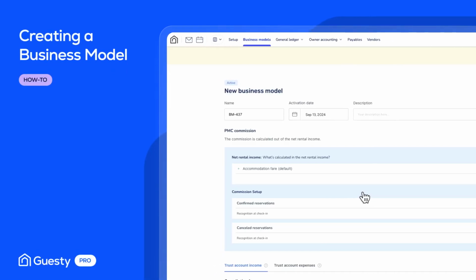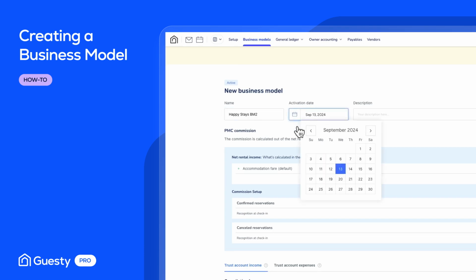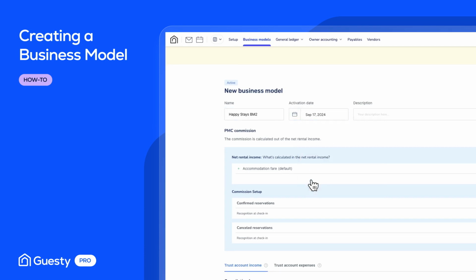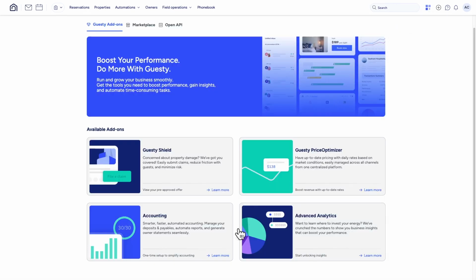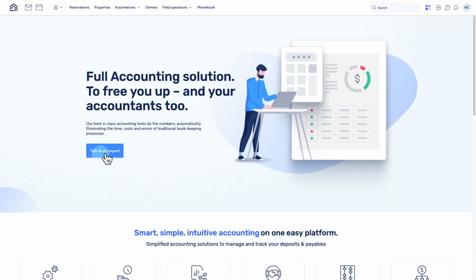The business model is the core of Guesty's accounting feature. It converts the revenue sharing agreement between the PMC and the owner into concrete numbers, accurately balances income and expenses, generates the appropriate journal entry for each transaction, and automatically distributes the revenue between the PMC and the owner. The business model is part of Guesty's premium accounting feature, so if you would like to activate it, feel free